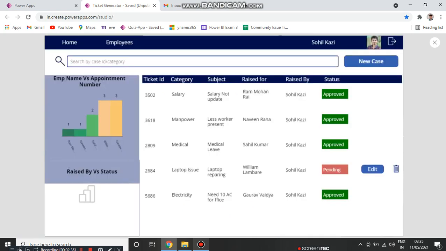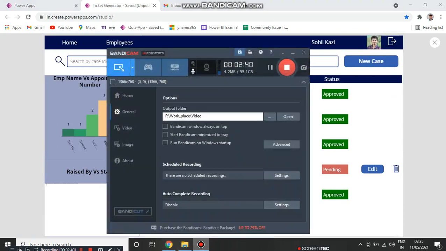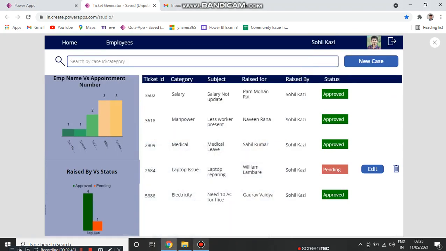So you can see here this is the Sohail database. In this database, Sohail already created issues like salary, manpower, medical and laptop issue. Whatever issue is raised by Sohail, he will get the status approve or pending. On the left part, the chart of raised by versus status shows how many issues got approved and how many are still pending.